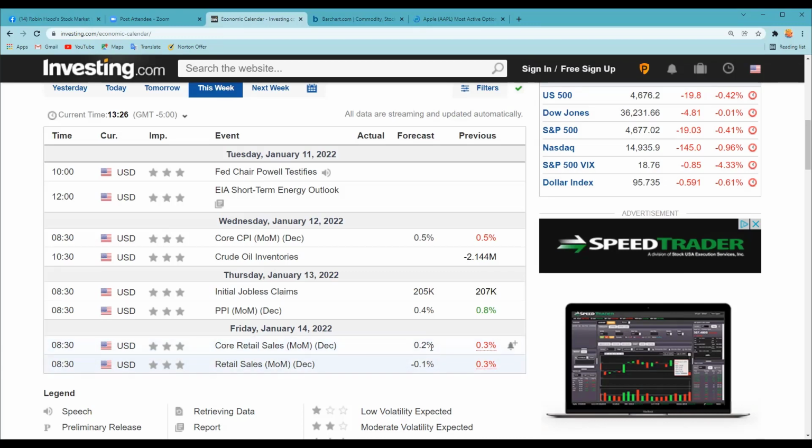If retail stores have a short supply of things, they're not able to sell. If people aren't able to travel, if there's a lot of severe weather, they can't travel and they can't buy things, and truck drivers can't deliver things. And so, it's going to be interesting to see how these reports come out,